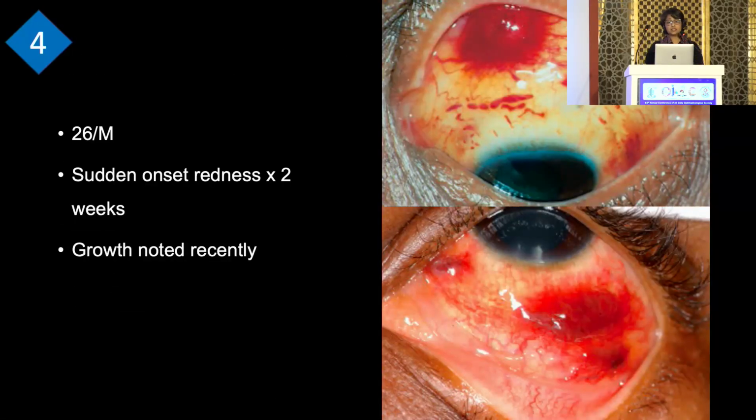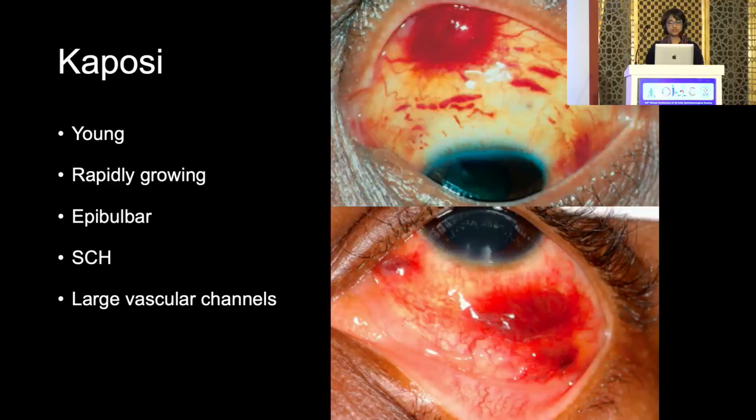Coming to the next case, a young male, 26-year-old, sudden onset of conjunctival hemorrhage, and he also noticed a growth recently which was rapidly progressive. So in this case, we don't always have to go ahead with a biopsy. Young patient with a rapidly growing lesion with recurrent subconjunctival hemorrhage, do a systemic evaluation for HIV, and that is